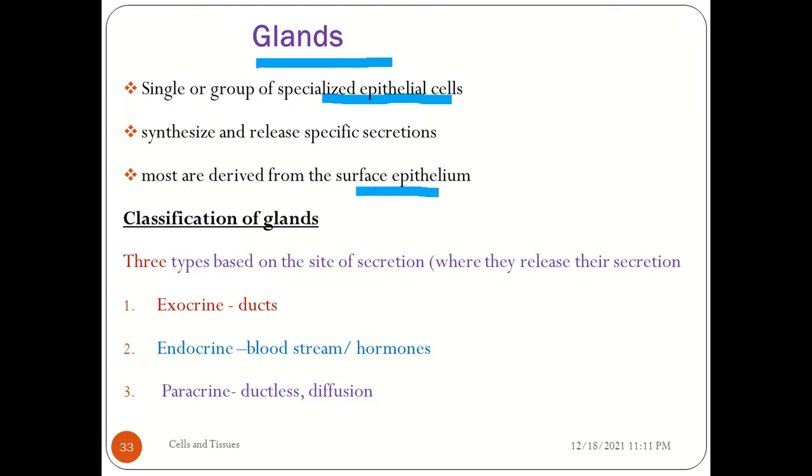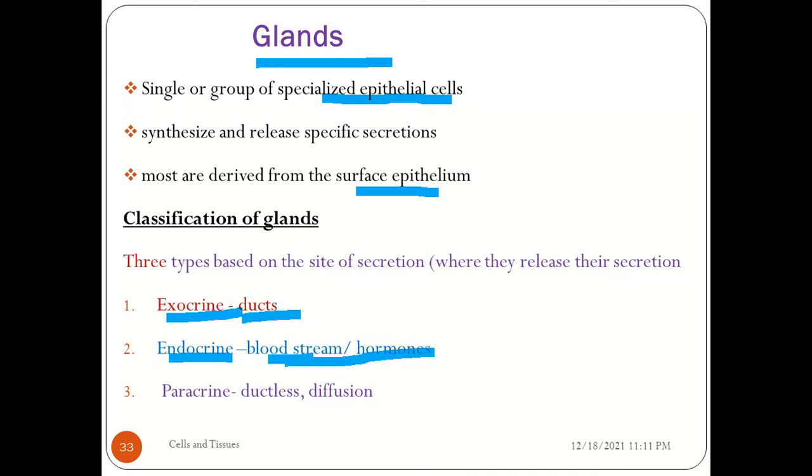So we can classify glands. Three types of glands can be classified based on the site of secretion, where they release their secretion. So the one is exocrine glands. Exocrine glands are glands which send their secretion by using ducts. The other is endocrine glands. Endocrine glands secrete their secretion into the bloodstream, they are hormones, so they release their secretion into